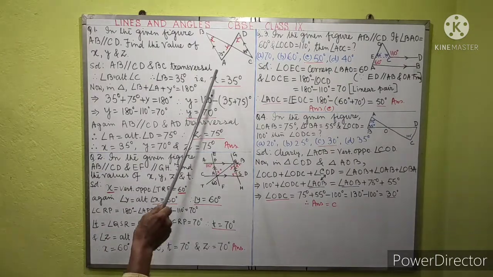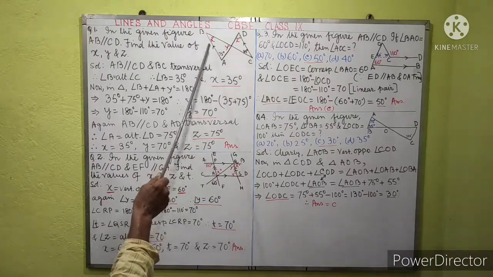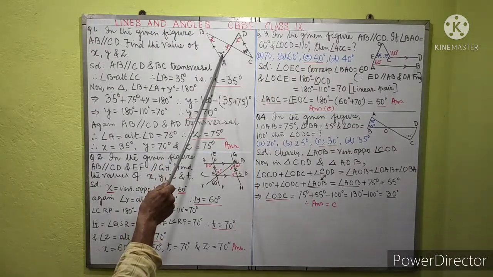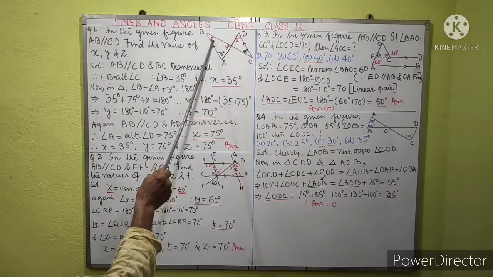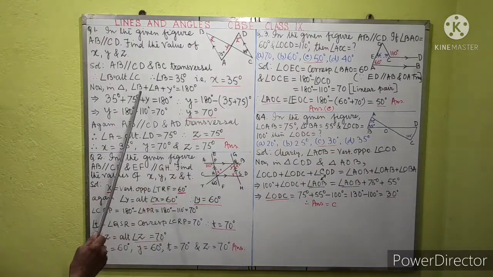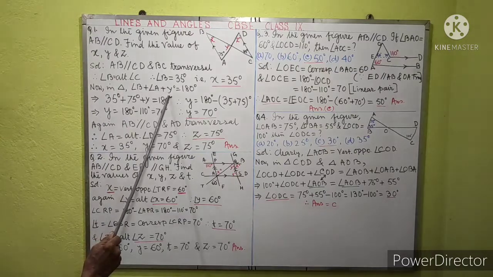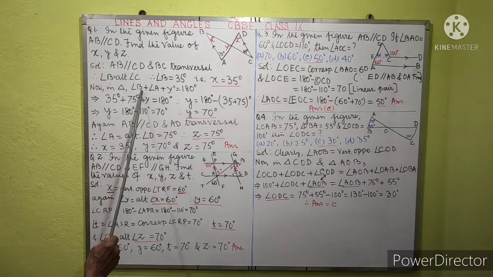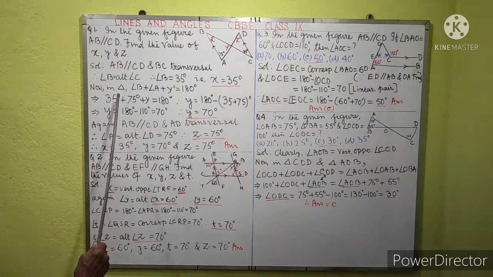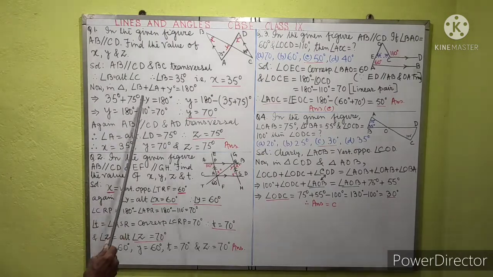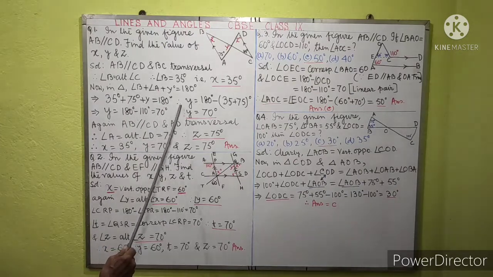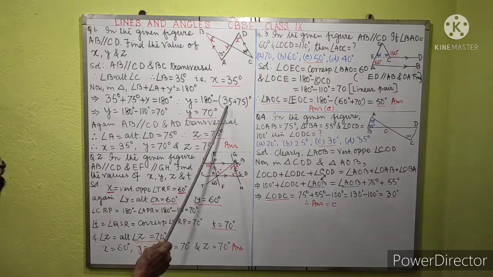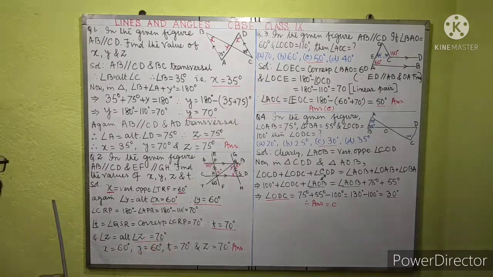Again in triangle, just see, this is 35 degree. Angle A equal to 75, this equal to 35, therefore Y. We know that angle B plus angle A plus angle Y equal to 180 degree. Therefore angle B means 35 degree, angle A means 75 degree, and Y equal to 180 degree. Therefore Y equal to 180 degree minus bracket 35 plus 75, which is Y equal to 75 degree.